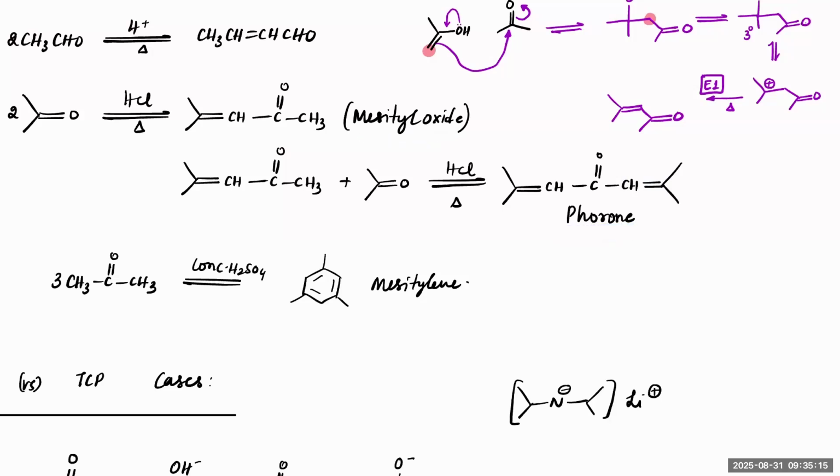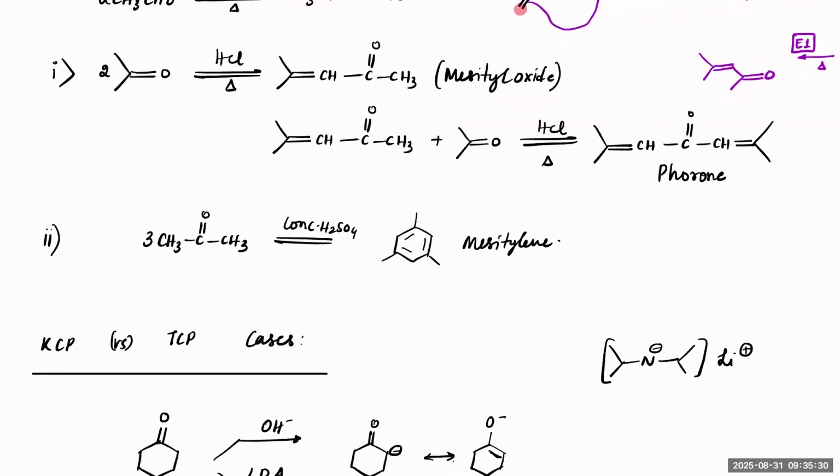These are simple JEE Mains questions, beta. The question will be asked: how many carbons are present in phorone? 1, 2, 3, 4, 5, 6, 7, 8, 9. Clear? Right? Because you are using 3 moles. So if you use 3 moles, you'll get phorone. If you use 2 moles, you'll get